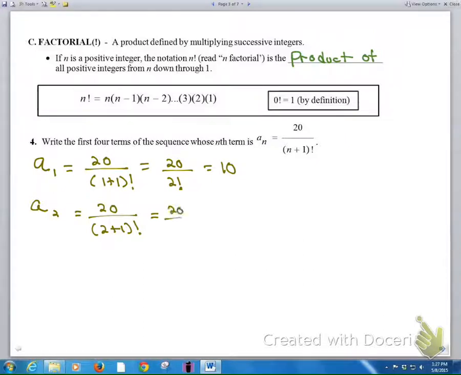So we've got 3 factorial. 3 factorial is 3 times 2 times 1. And what is that? Yes, it's 6. And we're not going to do a decimal here. We're going to reduce the fraction. Okay? And then a sub 3